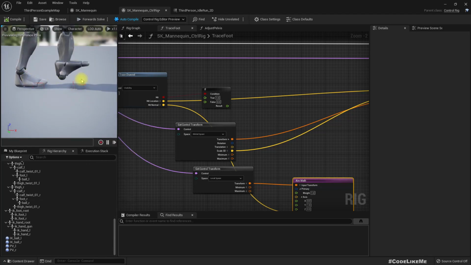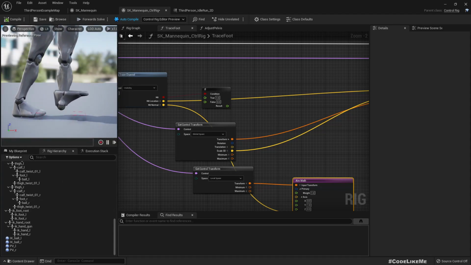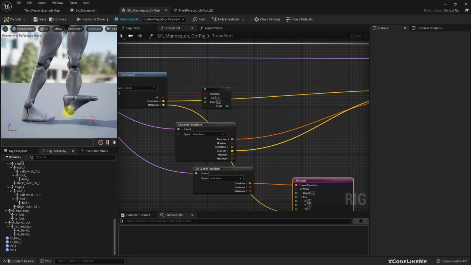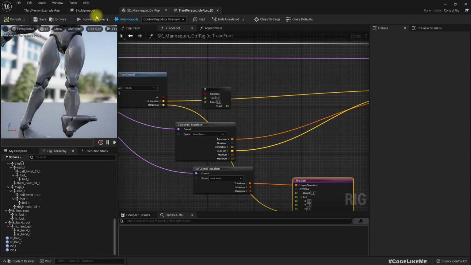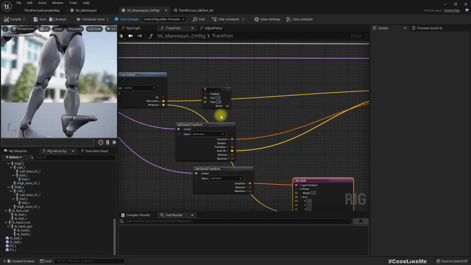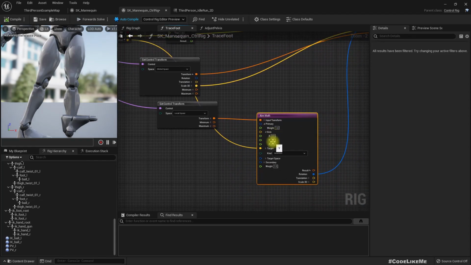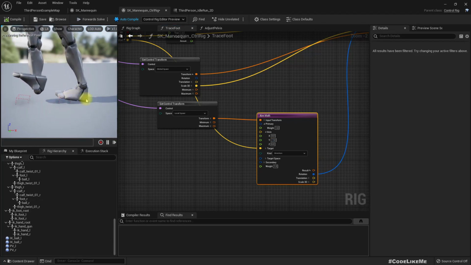That's because for the other foot, is it right or left? It is left, right. For this one, left foot, y is down, so that means here the axis y value should be -1. Now you see this one turns to the correct side, but